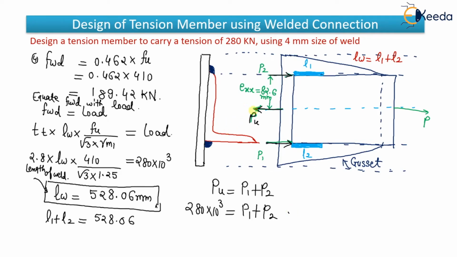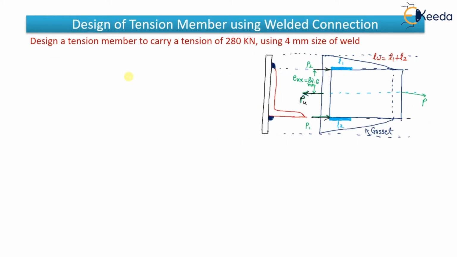Now you have to take moment. Why you have to take moment? I'll tell you. First, let's copy this diagram to another page and we will do the next calculations. I want P1 and P2 also, and from P1 and P2 I will be calculating L1 and L2. Okay, wait a minute. Now I will give the names to these points. Let us assume that this point is A and this point is B. Now, how much is the total distance? It is 125, because we have taken 125 mm leg as a connected leg, the longer one.